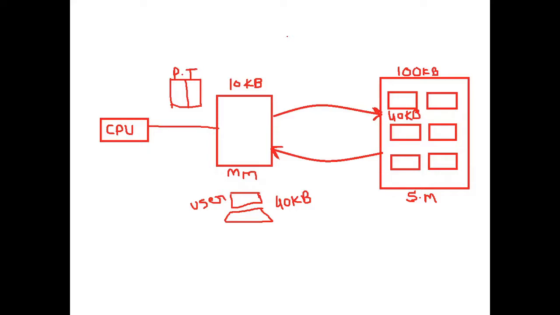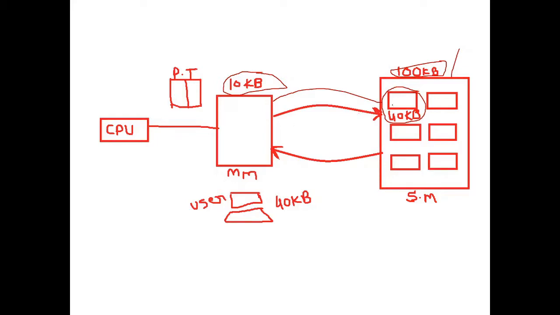So this is an example of virtual memory. Suppose the process size is 40 KB and in the secondary disk there is 100 KB available. Out of the 100 KB, that process takes 40 KB and is stored there. Now this process has to be brought to the main memory for execution. In the main memory only 10 KB is available. Now only 10 KB is left and the process size is 40 KB. Then how will this get executed?